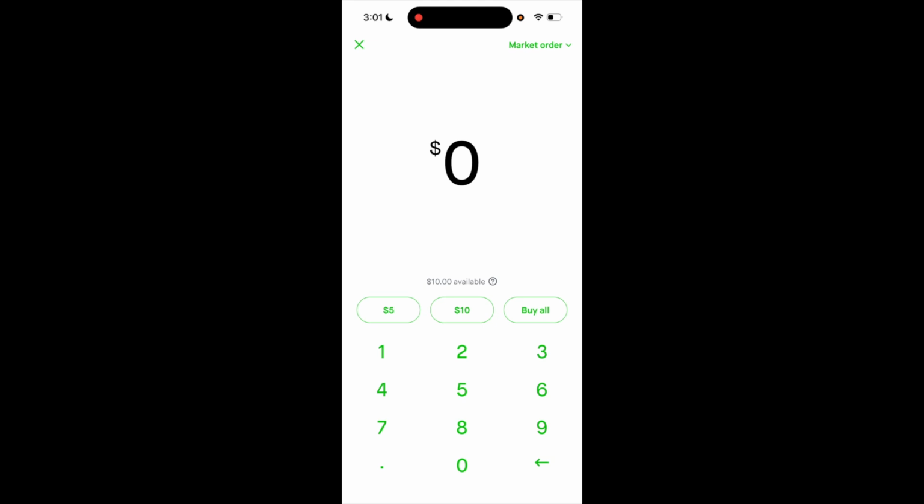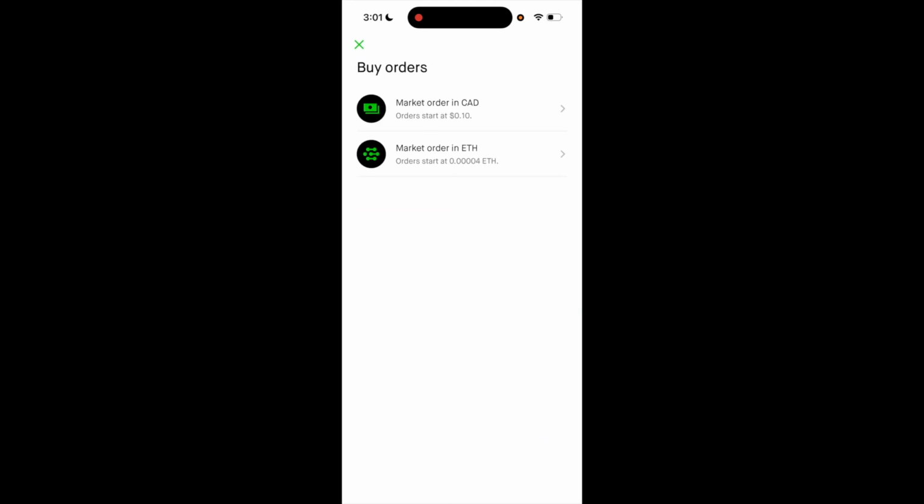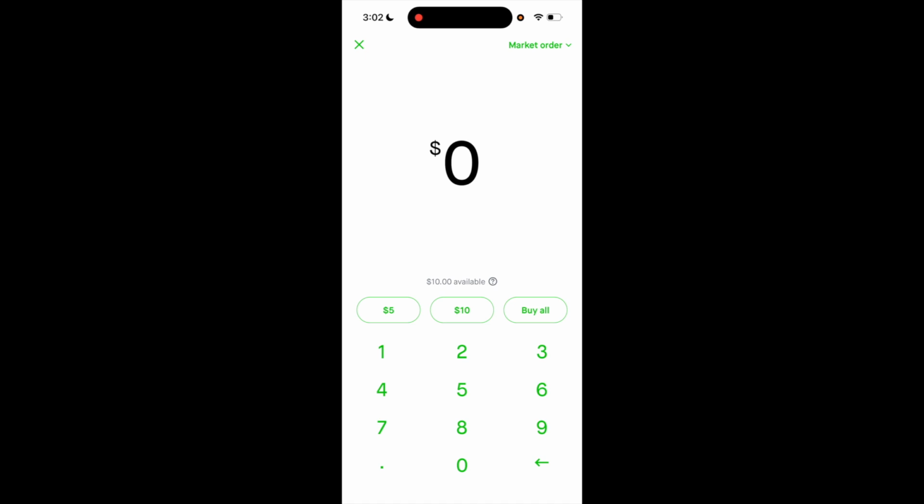Now on this page, you can go to the top right and select your order type. So you can do market orders in Canadian dollars or market orders in Ethereum. I would just keep it to market orders in Canadian dollars. Now once that is done, you can then type in how much Ethereum you want to purchase. So if you wanted to buy $3 worth for an example, you would just press on 3, and then in